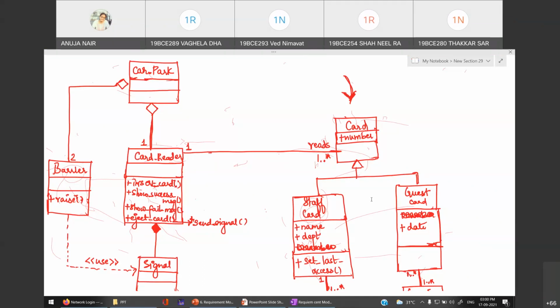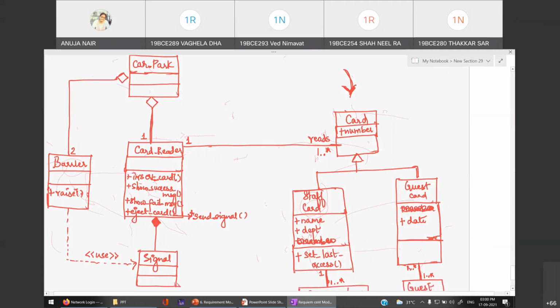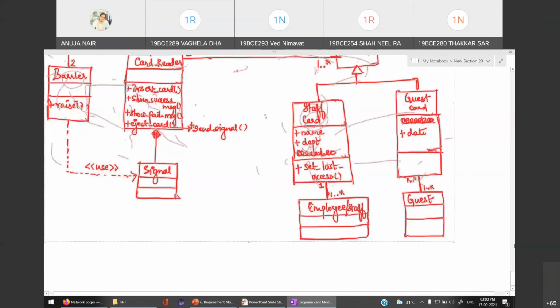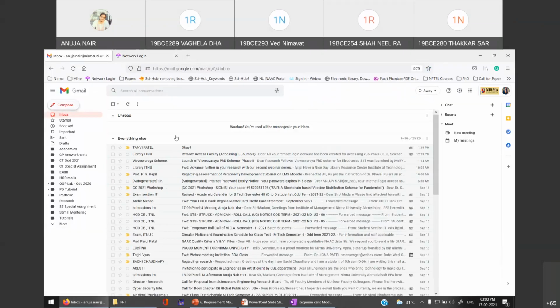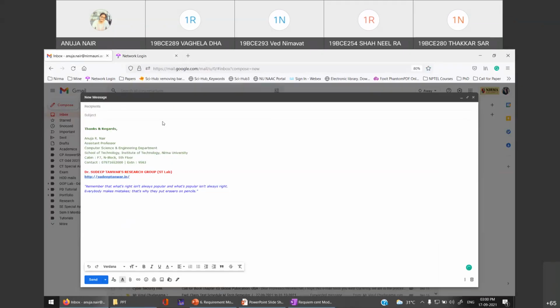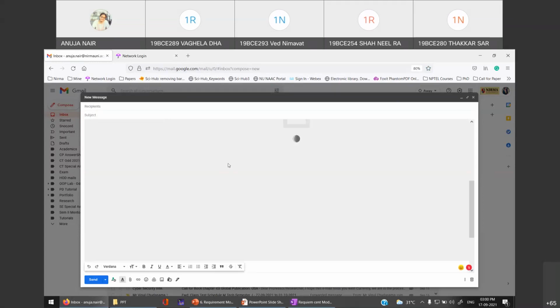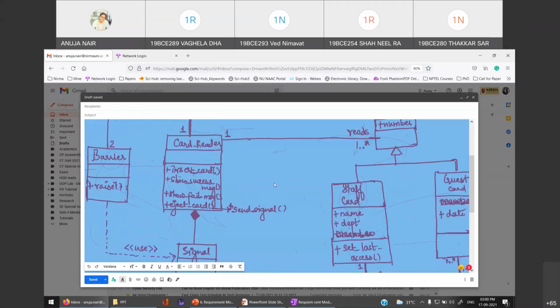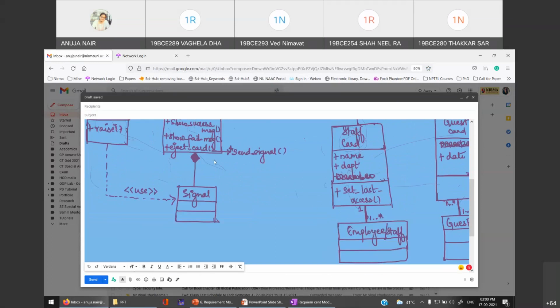You can zoom it out a little. Actually, it's already in Zoom mode, because what I'll do is that I can send you the photo. Check. Let me just check if I can put it in the mail. Yes, it's coming. I'll send it to you. Okay? Ignore the untidiness.